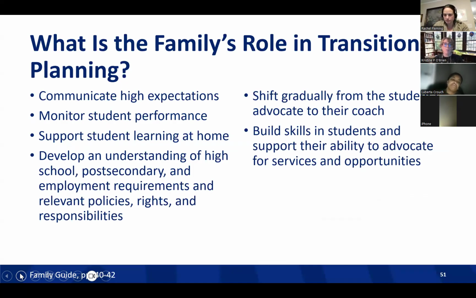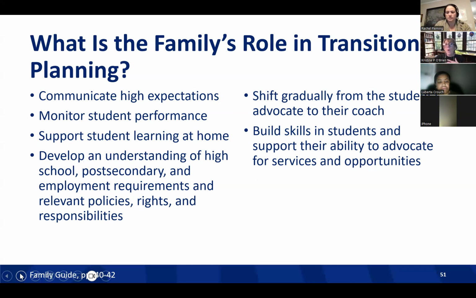Monitor their progress. Work with the school team to say, how are they progressing? Look at those coordinated set of activities and say, how did they progress with these activities? Do we think we have to repeat a little bit of one for next year, or can we move on to something else, right? And really helping our kids to build those self-determination skills so that they can learn how